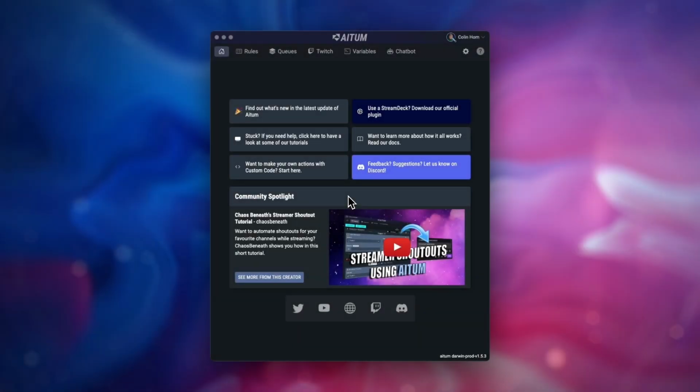Hey folks, in today's video we're going to be using the Philips Hue integration to alert you when you receive a new follow on Twitch. Before we get into anything though, you have to make sure that you actually have a Philips Hue bridge before